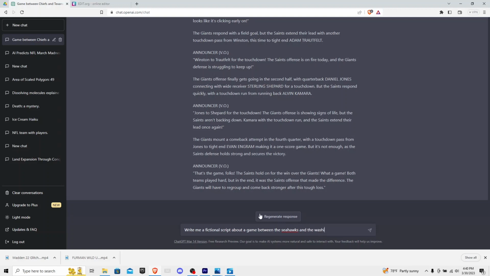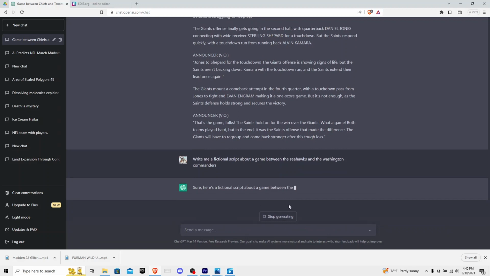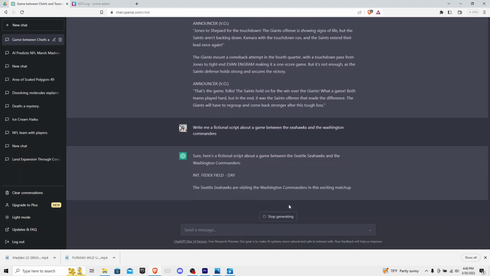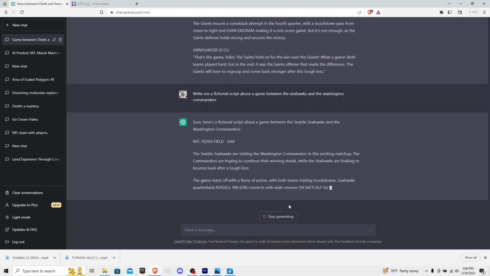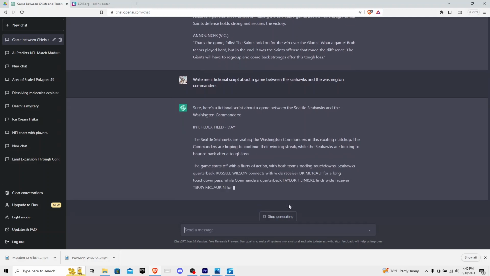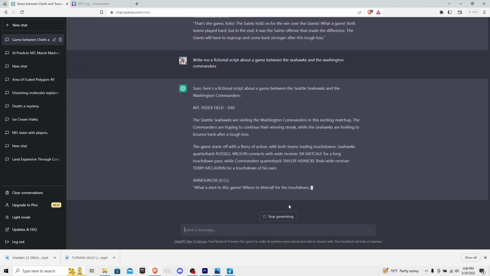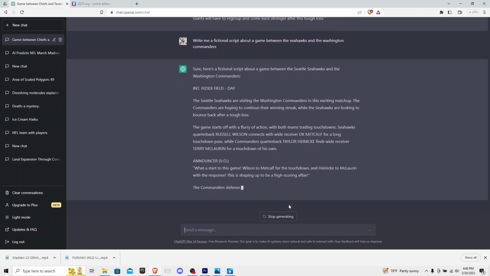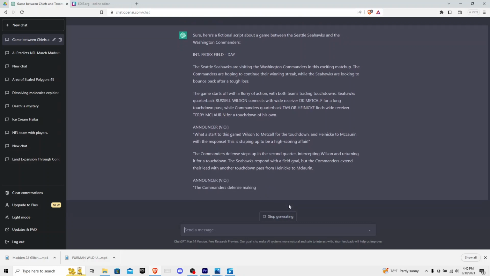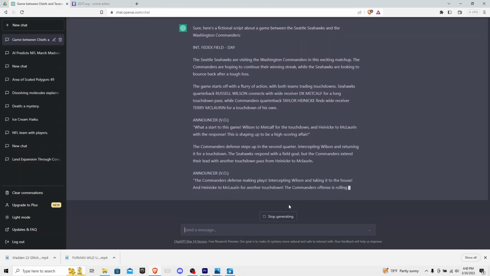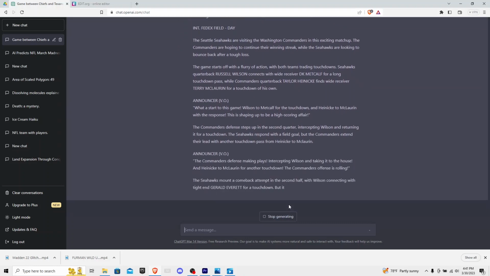And the Washington Commanders. Okay, let's see. Well, we know that they will switch quarterbacks, but they have Russell Wilson this game, and it's back and forth so far. This would be a lot of fun to watch. Maybe I'll do a Madden version of this, but I've seen some people do Madden versions that I want to do my own version as